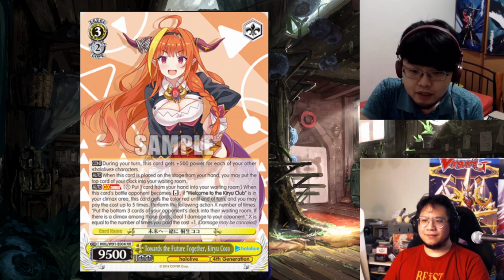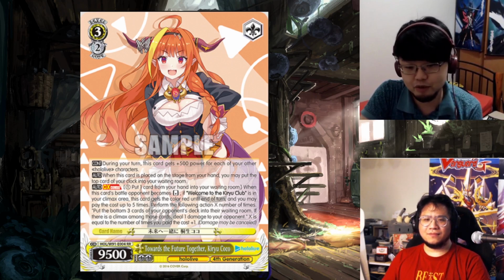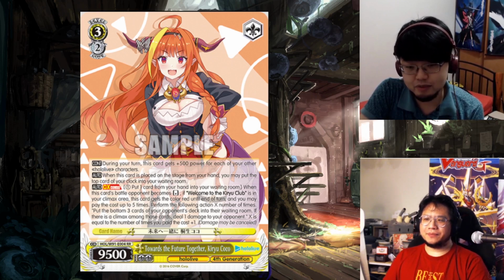So it's kind of like a safe pick. And one trick with this combo is that you perform the action within the quotation marks 1 plus the number of times you pay the cost, which is pay 1, discard 1. But if you pay the cost 0 times, you can actually still do it once for free. So yeah, it's kind of flexible with what you want to do,